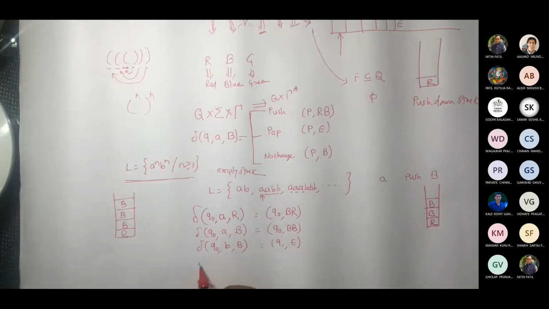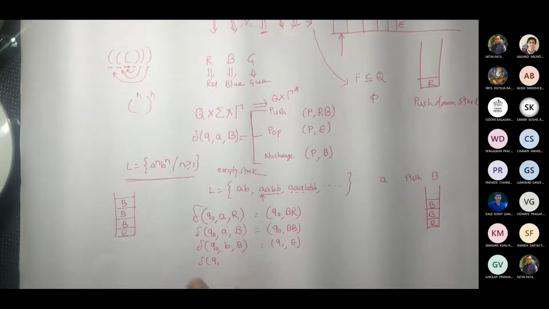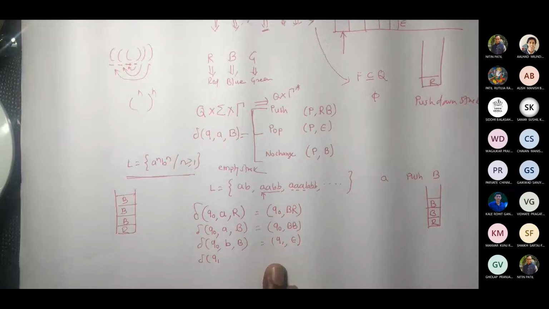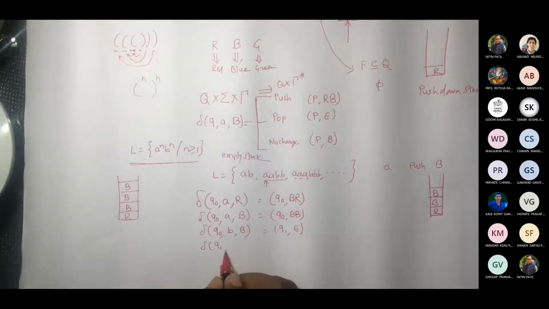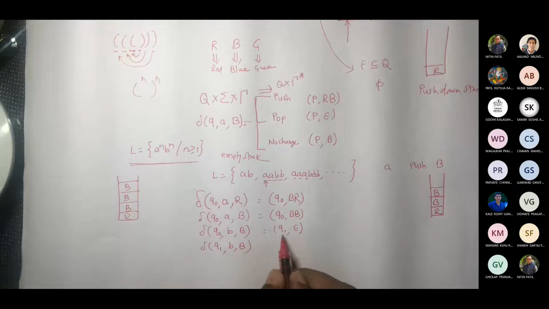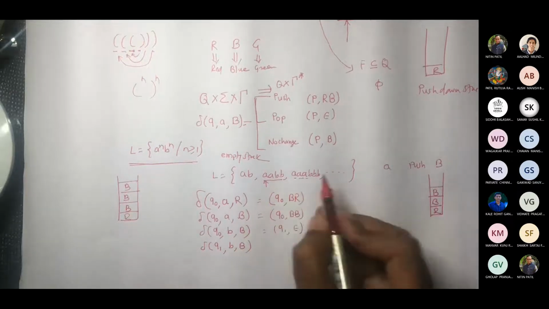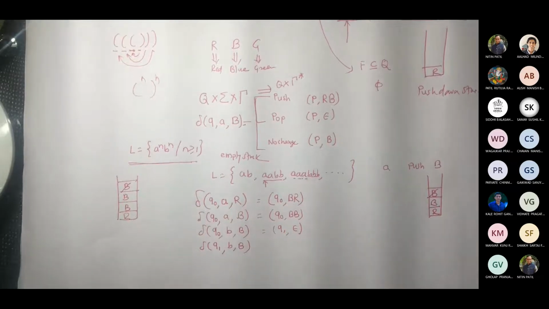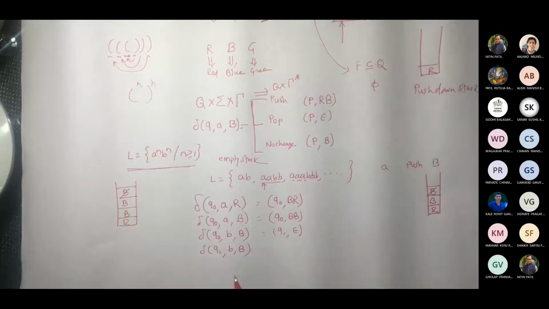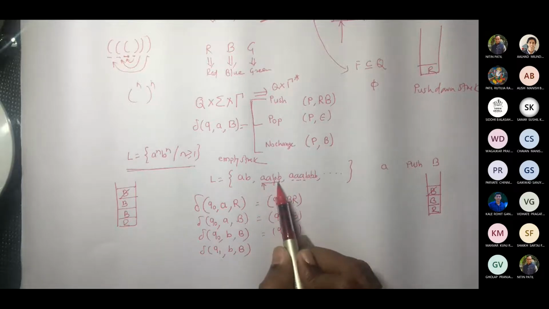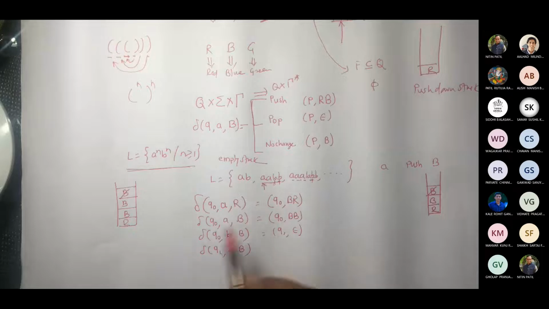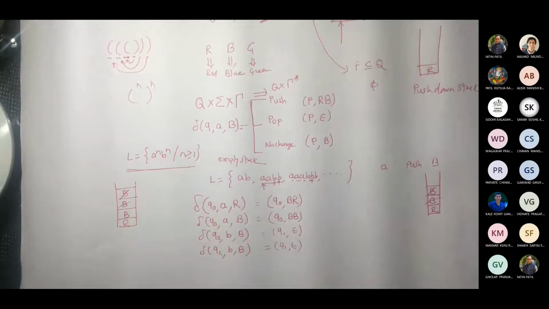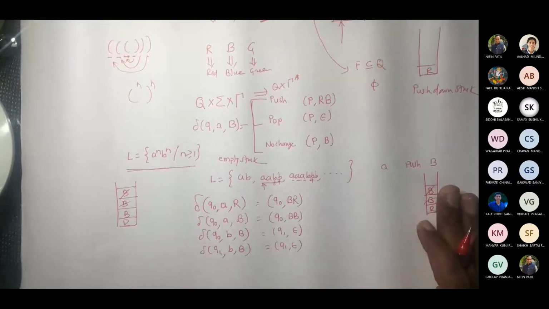Now when it is in Q1, we will never write Q1 A B, because after it enters Q1, it is not going to get any A there. So only this operation would be possible. For the first B, no matter where, this B would be popped or this B would be popped in both cases, correct? Fine. Now we will be in Q1. We have to process this B or this B, and in both cases you are going to execute pop. So you write Q1 epsilon. This would be popped, this would be popped.